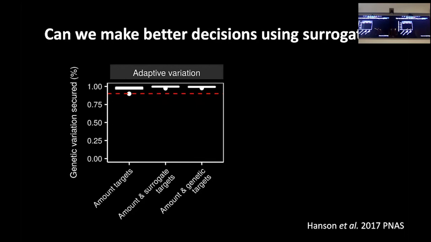So we can see if we use just the distribution data, we're doing well. If we're using the distribution data plus our surrogate variables, you're also doing really well for most species. This species down here that was just below the red line is now above. So it's still an improvement. And we can see here the genetic data reports are above the red line. So this is really exciting because it means you may not necessarily need to account for even surrogate variables in order to get adaptive genetic variation.